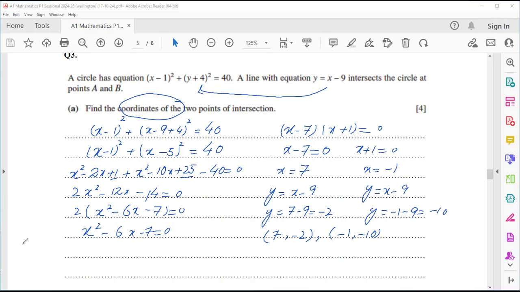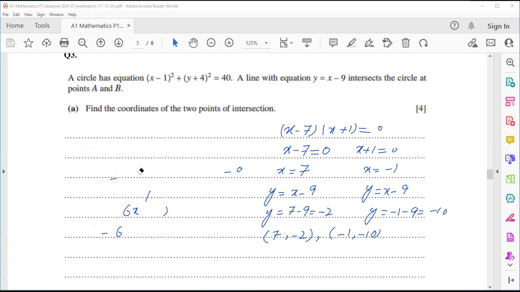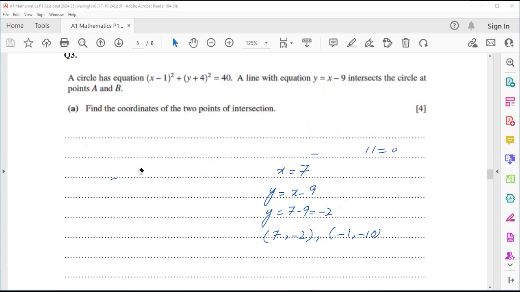Is it clear? Any doubt? I will just erase the board because I need the second part of the question. But remember that you have these 2 points. The first point is 7, minus 2. The second point is minus 1, minus 10. These are the 2 points. One of these points is called A. The second point is called B. The next part of the question is